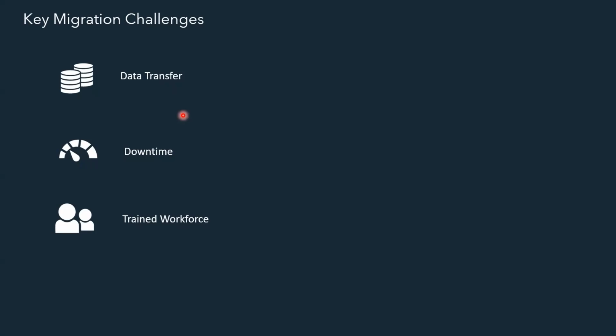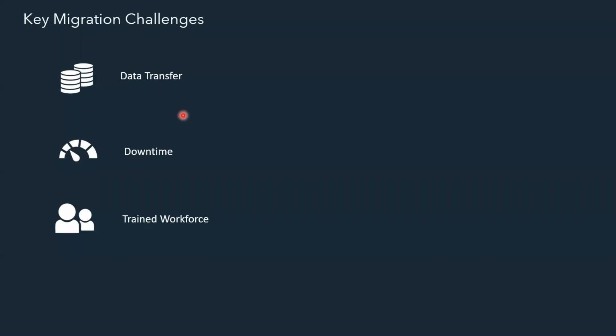Then coming to the downtime, SAP applications are not an easy thing which can have a longer downtime. So maintaining minimal downtime is needed for migration of these critical applications. So developing a clear strategy internally will help you lower the risk to both the systems and the teams associated